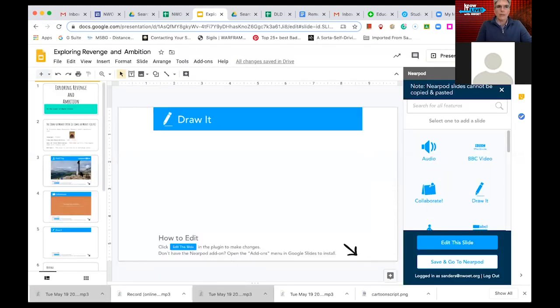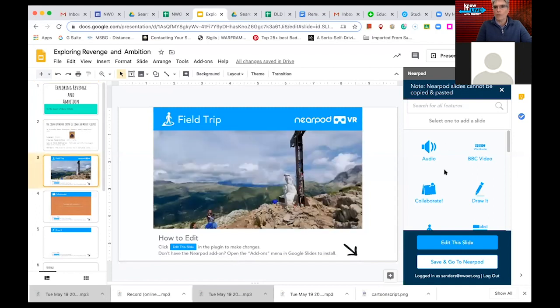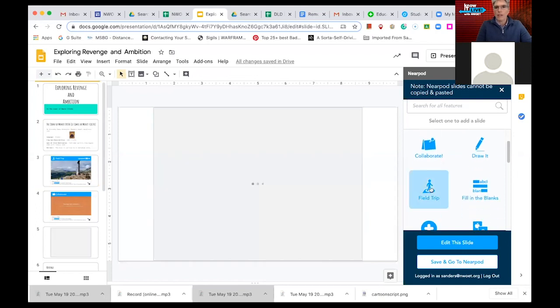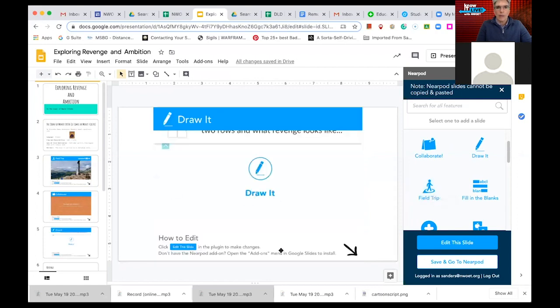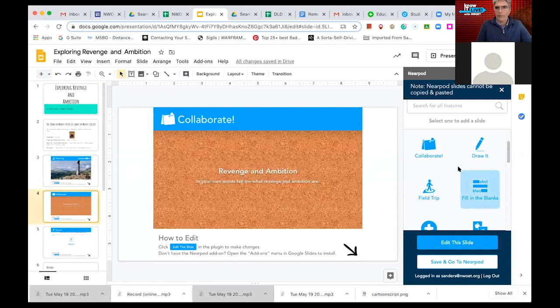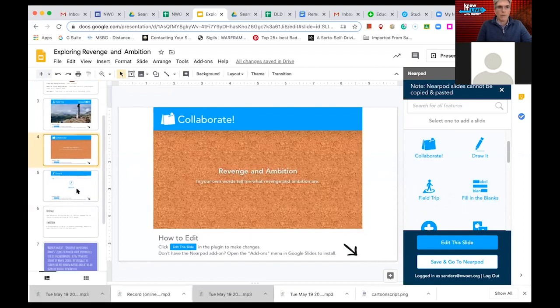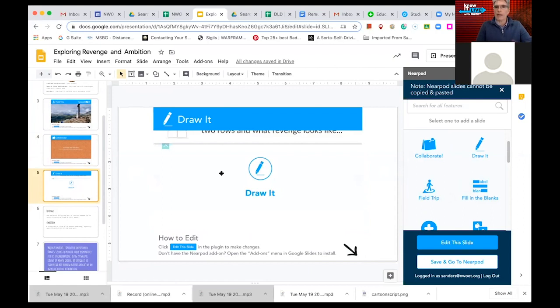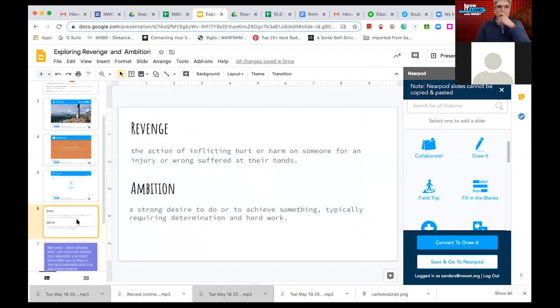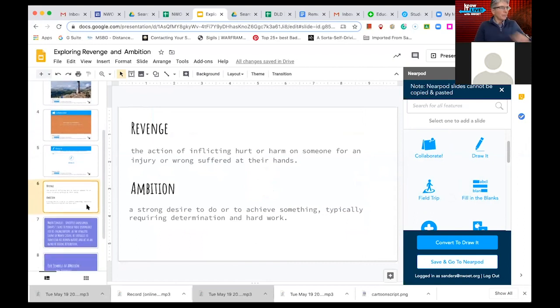one. Okay, so this was a virtual tour. I just used the field trip there, and I chose a picture. Oops, I don't want to do that again. And this one was the collaborate right there. And then this one is the draw it. I love the draw it because it allows you to add images or not have images, and then the students can use it as a whiteboard to answer whatever question you want them to answer. So after they draw about what they think ambition and revenge is, excuse me, I give them the definitions of revenge and ambition. And